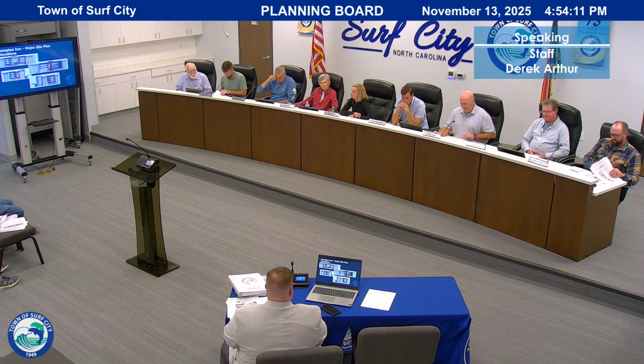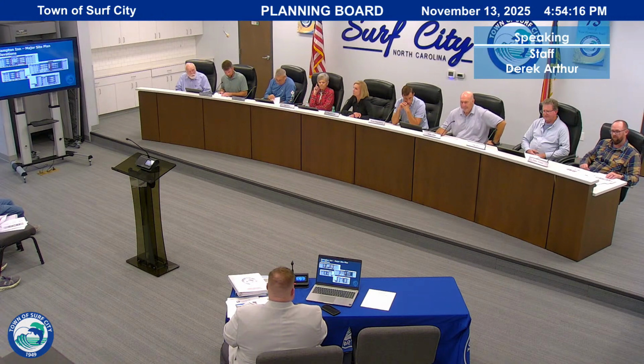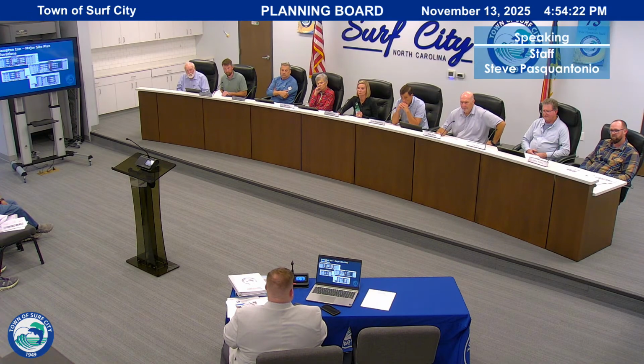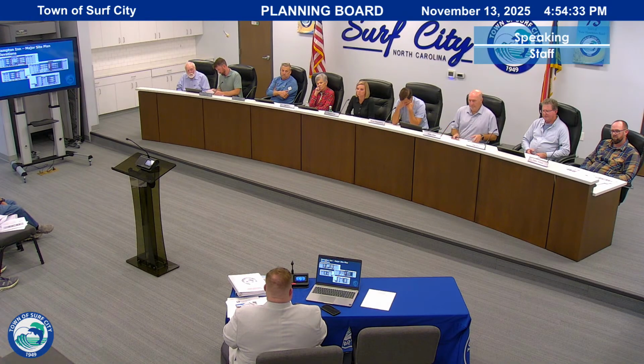What's the latest on DOT with that road coming all the way through? Talking about Coretta? So Coretta is actually, DOT would not be doing that. They've identified that it won't be part of a future project that they would be responsible for. But if you recall, Proximity Apartments, when they were approved by the town council, one of their conditions was that the Coretta Drive extension had to happen. So Proximity Apartments, working with Paramount Engineering in Wilmington, is currently designing Coretta Drive. They are going to install it as part of their development.